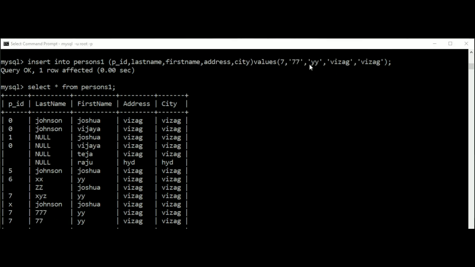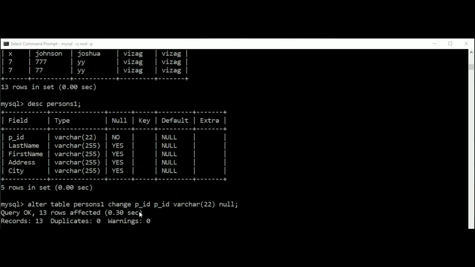Another possibility: if you have given a number here and you enclose it in single quotes, there is also no problem, the value will be inserted. See, this number you have not enclosed in single quotes, and it has been inserted, and these two numbers, 77, you have enclosed in single quotes, and that is also taken as a valid value. So whether a number is enclosed or not, if it is defined as a varchar or character data type, it will take those values. But whenever you are giving only character values, you have to ensure that you are enclosing them in single quotes.